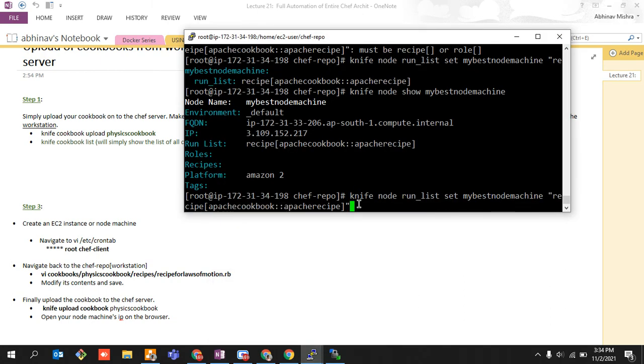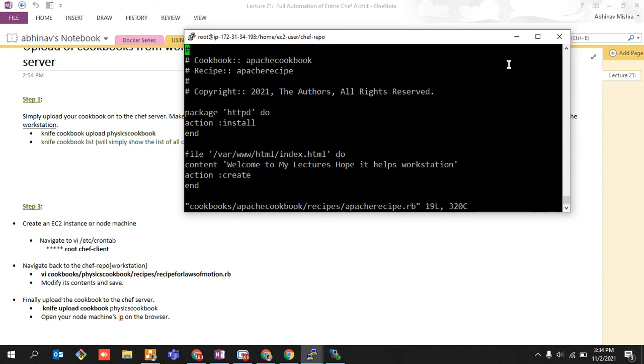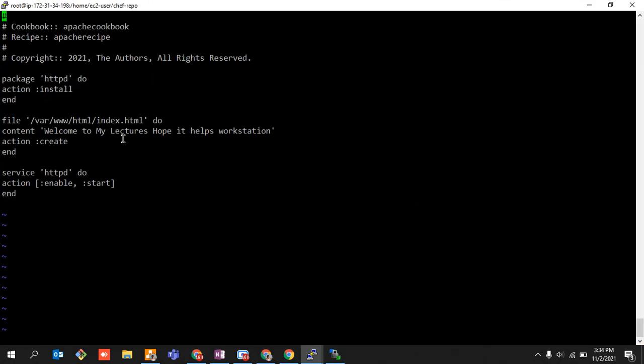In the chef repo, open your vi command, where it is, right? Just update it. This is my Apache recipe, right? I'm now going to update some of my content. Let's say insert.